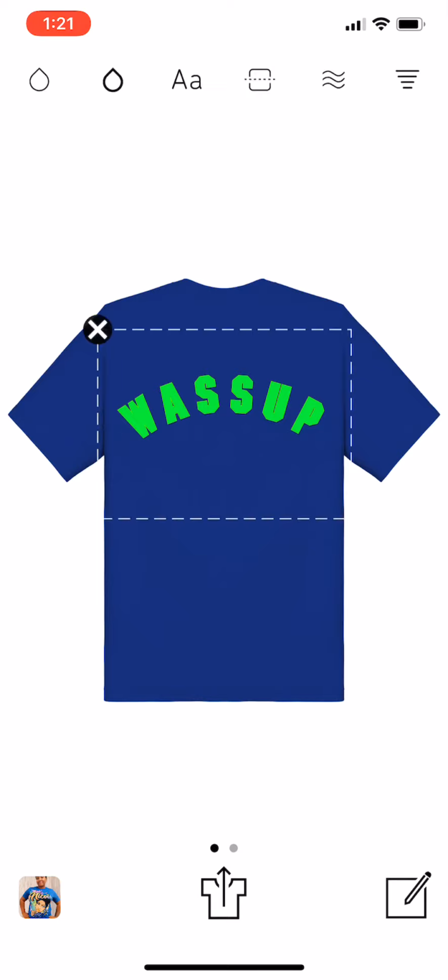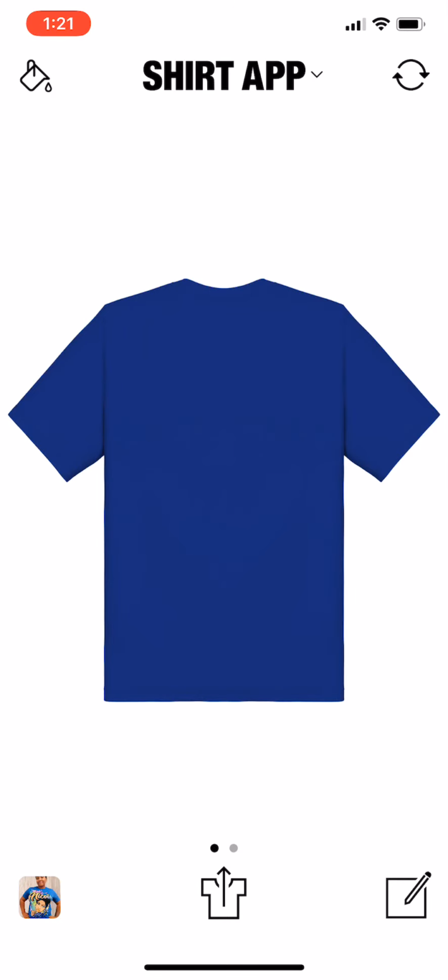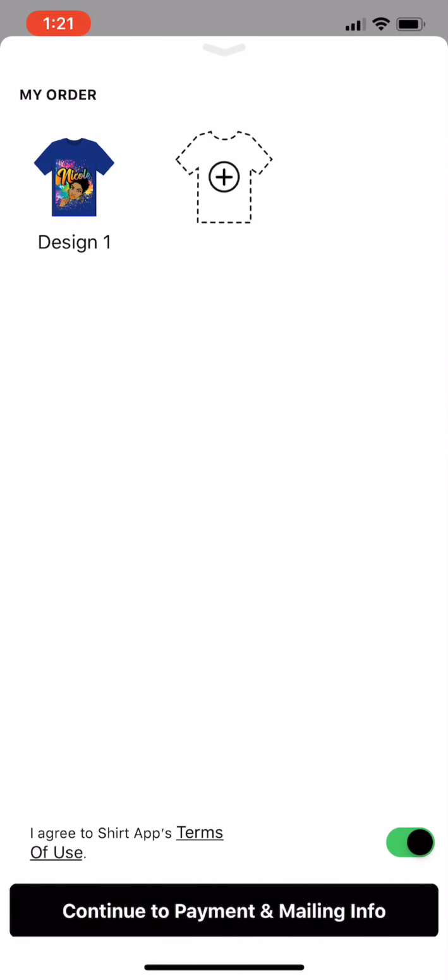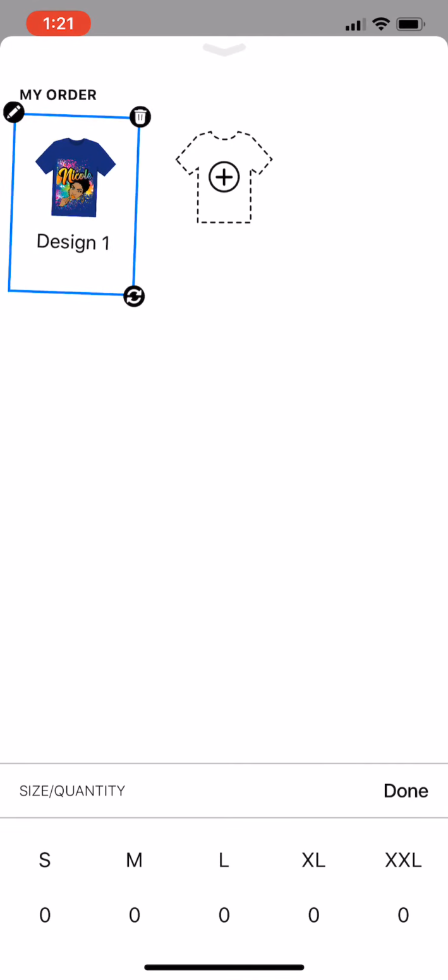Suppose I want to just erase it. Just click on it and click the X. No more font, no more word. I'm going to click the top right to turn my shirt back over. I've completed my shirt. Now the bottom option where the shirt is with the arrow pointing up, I'm going to click on that. And then I'm going to click on my shirt because now I want to add